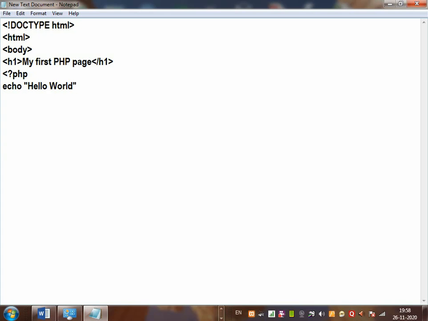Once you finish writing, use the semicolon, and then use the end processing. For end processing, we are going to use the question mark and the greater than sign, so that is called the angular brackets. Once you finish that, close the body tag and then close the html tag and save this file. Go to the file, click on save,